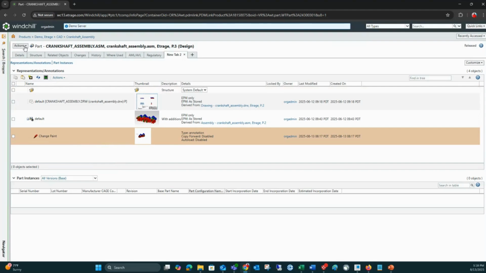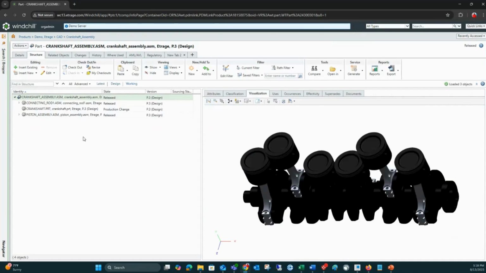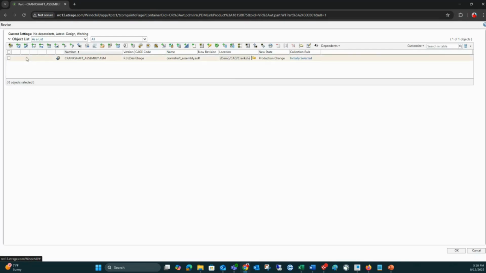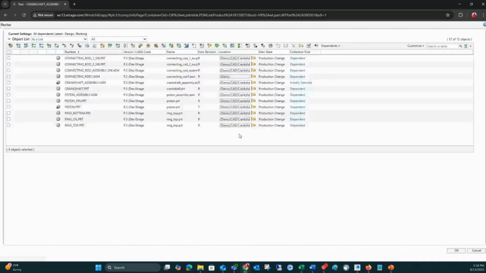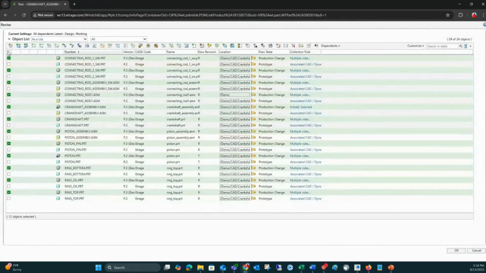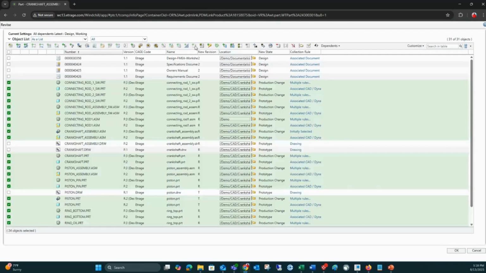And while we're on here, the one power that we've mentioned about the WT parts is streamlining the release process or the revise process. If I need to revise this because it's not released, I can simply say, give me the whole components of this assembly. But what I can also do on top of that, I'll say collect all related CAD. And with that CAD, I'll say collect related drawings that goes with that CAD, and also collect related documents for this. I'm doing this manually because I wanted to show you